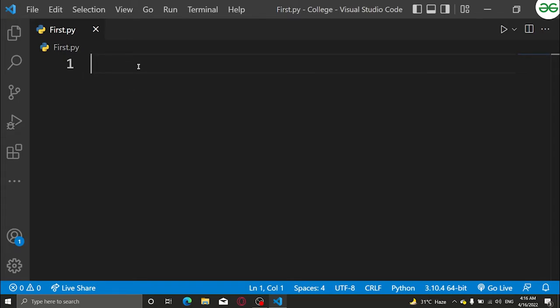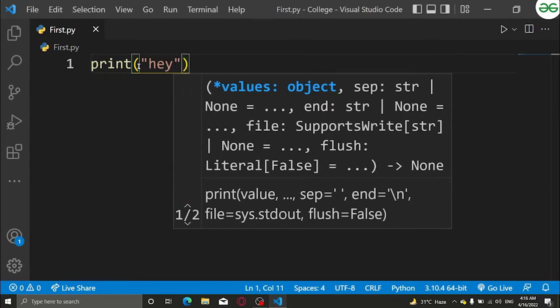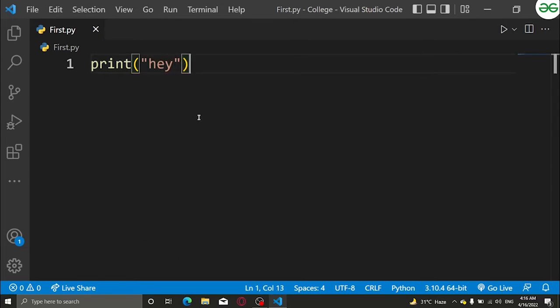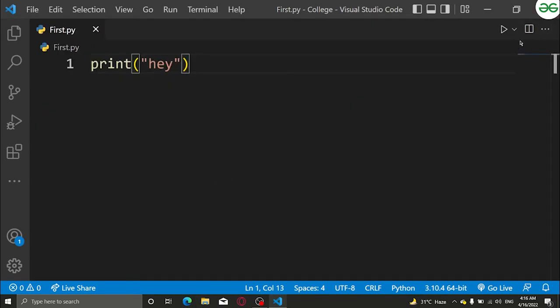So that's not the case here. You just have to write print, and suppose I want to print hey. It clearly says print hey means we have to print the output hey, right? So it's very easy to understand. This is a very, very important reason why Python is so widely used, and it has a lot of implementations, right?